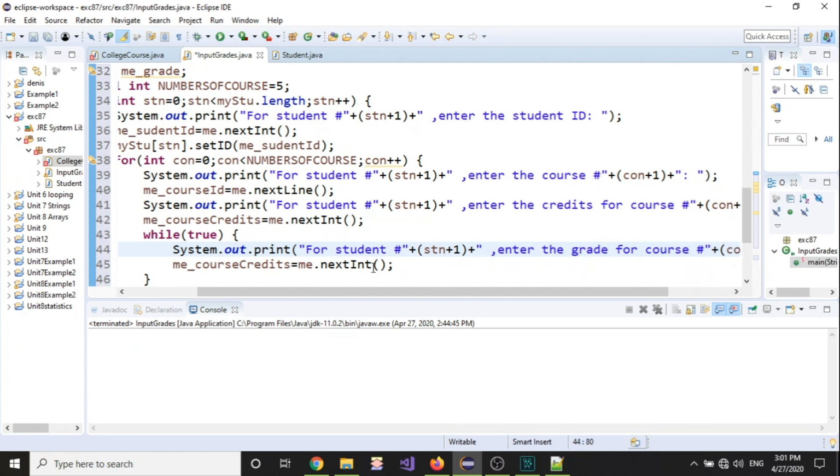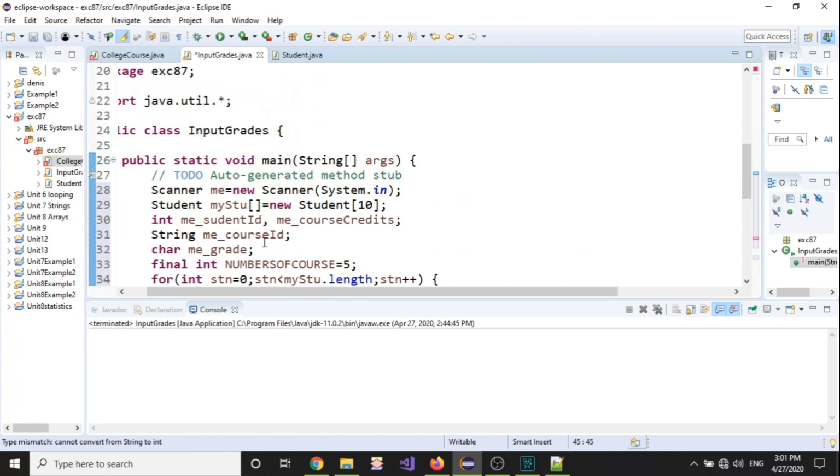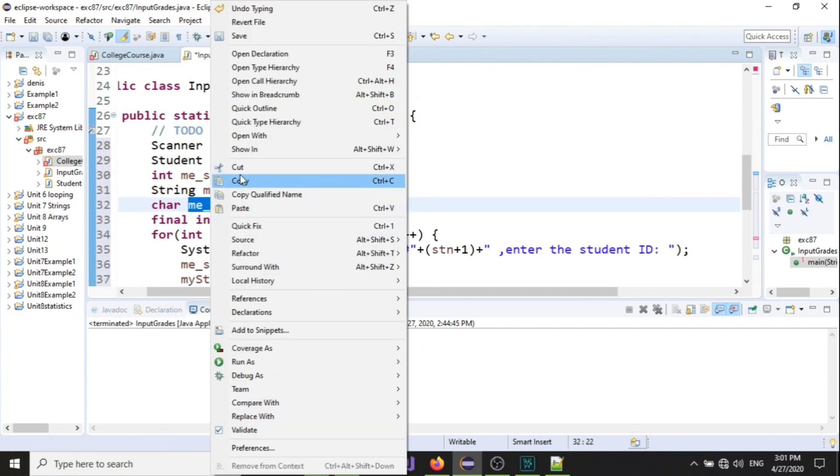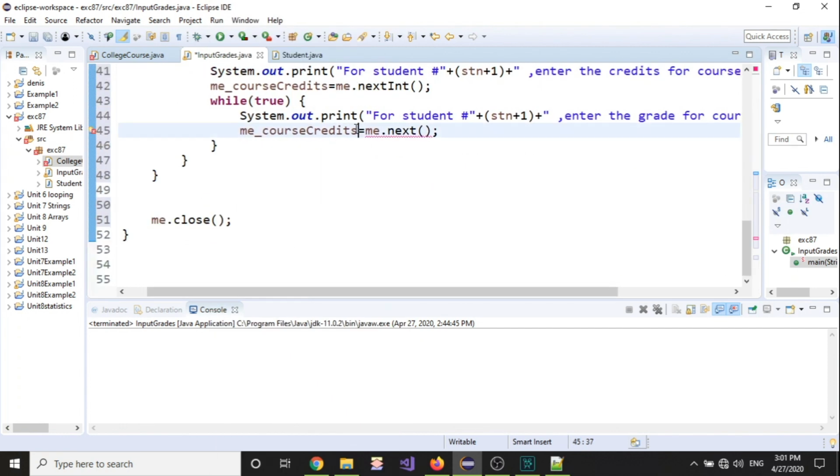Now we're going to go with next because it's a single character, and since this is a character, where is it? My grade, me grade. Now, we do have a problem here that we need to talk about. Next will return a string, and this is a character. So I need to convert this string to be a single character. So if I come here and just type,